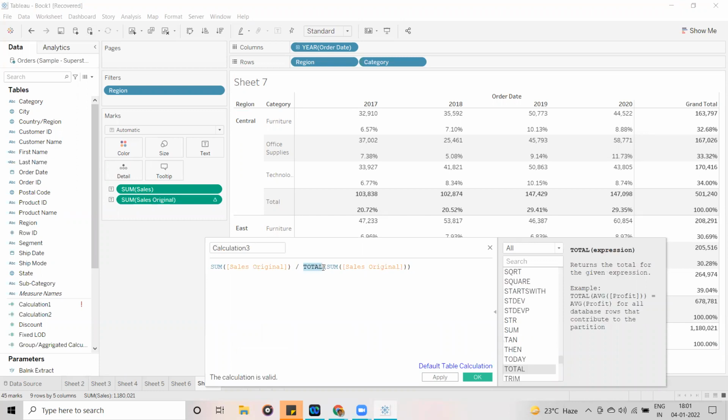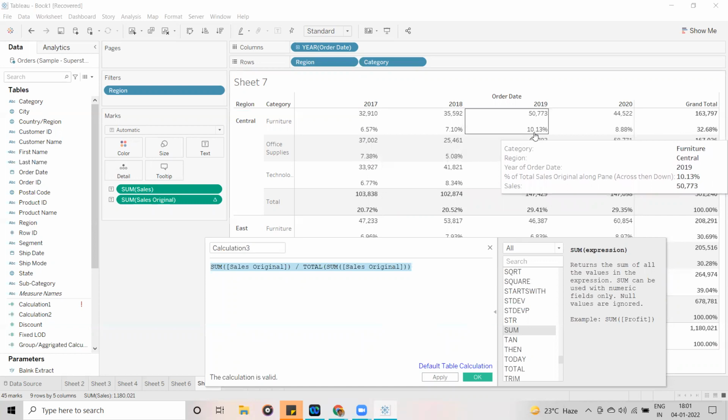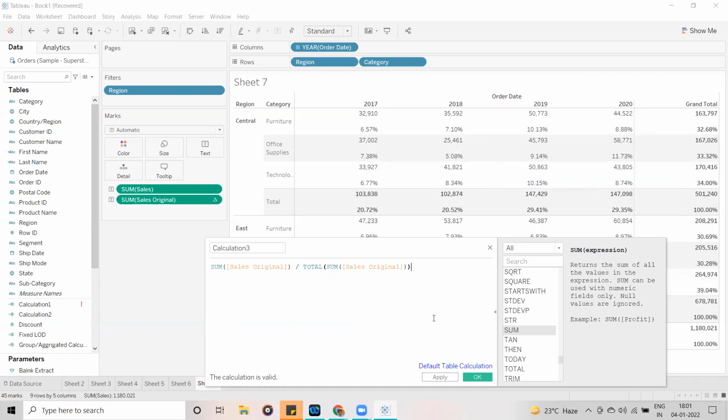Total means it is going to take the total values, so here Total or Fixed we can use. This calculation has been created behind the scenes to show the percentage. Is it clear, guys?